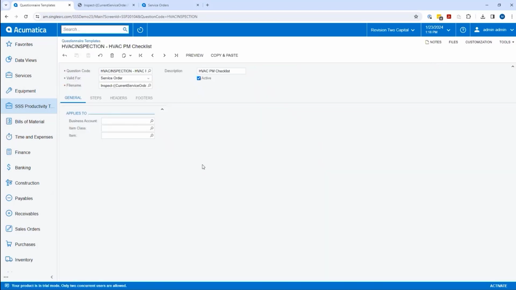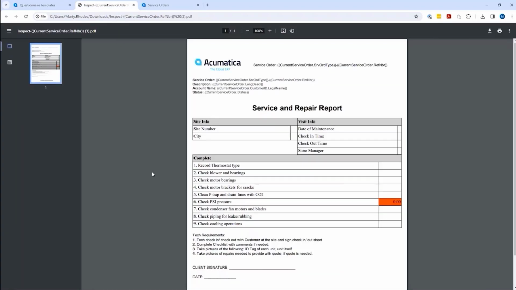Before we get started building a questionnaire, we're going to begin with the end in mind. I've already rendered a copy of a blank template that was designed using the designer, and we'll use this to explain what the output will look like for a questionnaire. If I click the preview button, it will render a version of this template,